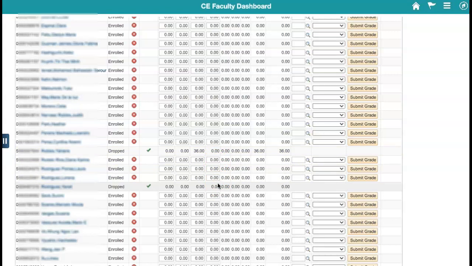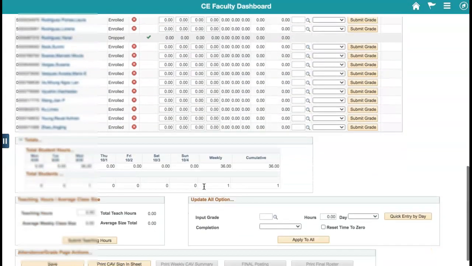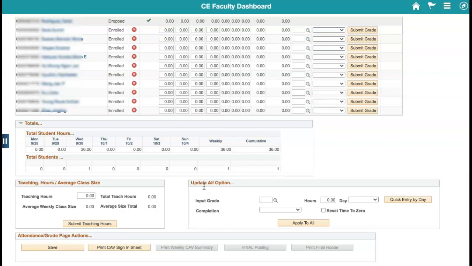So I have these 2 students dropped. One has hours because she participated. The other has no hours because she did not participate. Everyone else is continuing in my class and they remain active, so I'm not going to do anything with their hours at this point. Then I can scroll down to the bottom and you'll see that there is a place